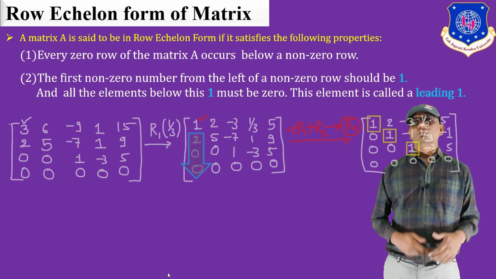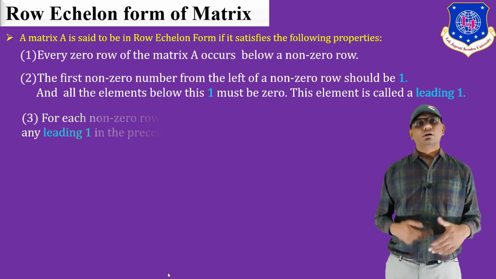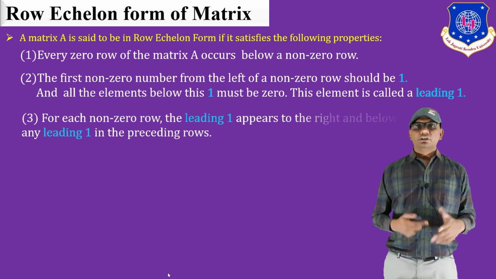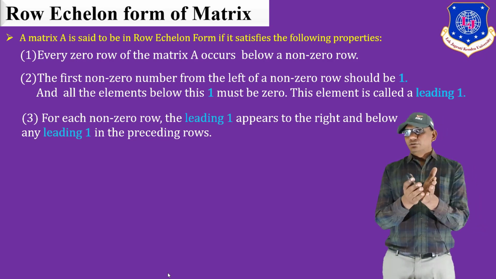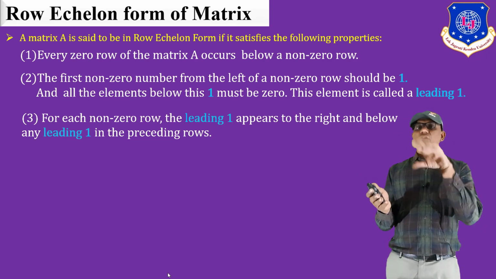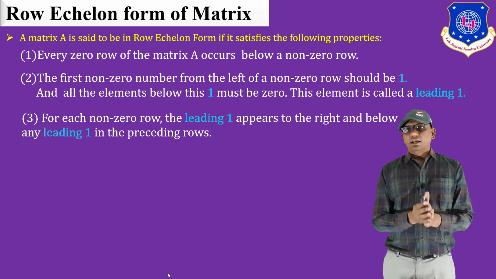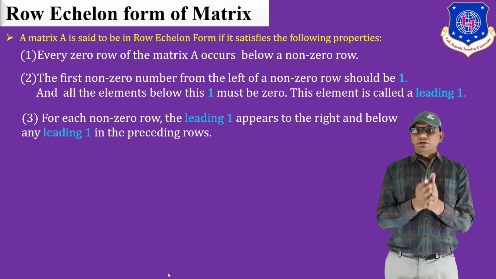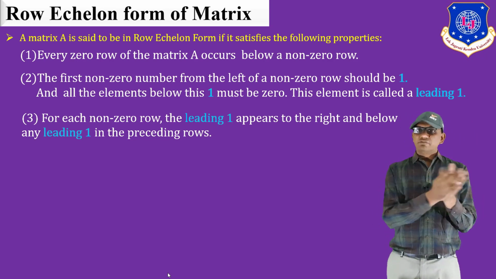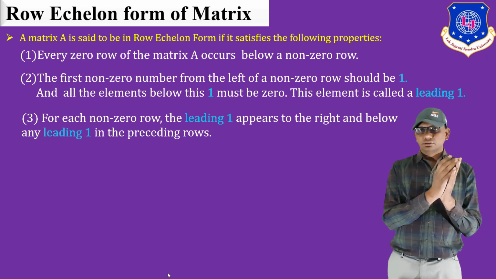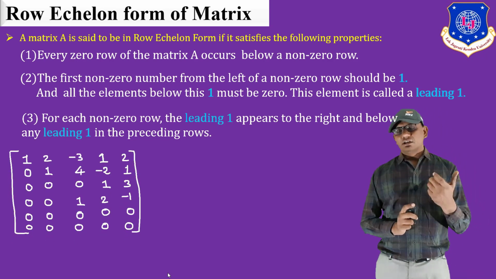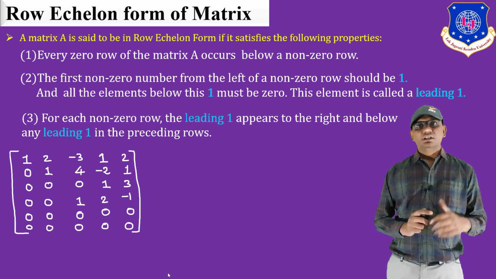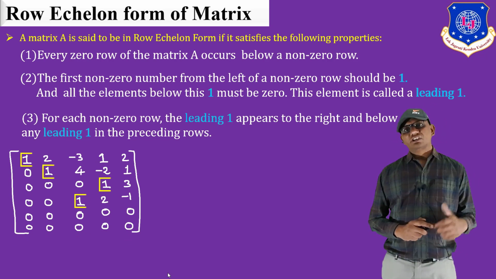And now we will see the third property of the row echelon form, in which all the leading elements are shifted to the right side of the leading element of the row above, and all the entries below the leading element and to the left side of the leading element must be 0. So here we can see that in this example all the leading elements have a